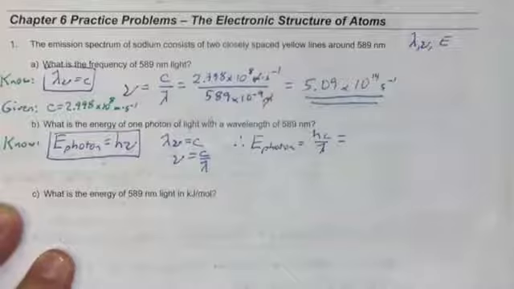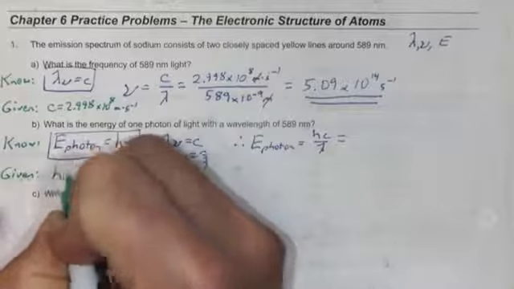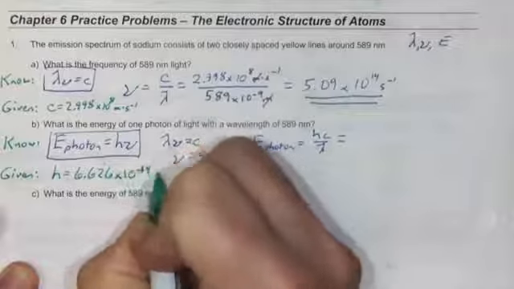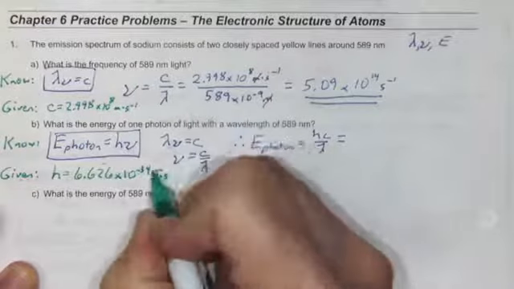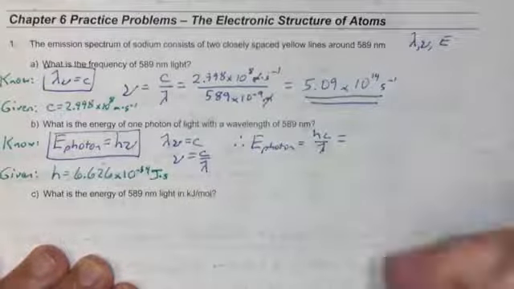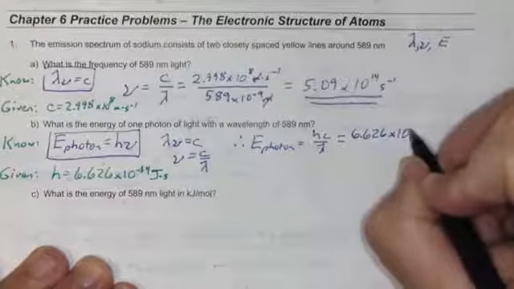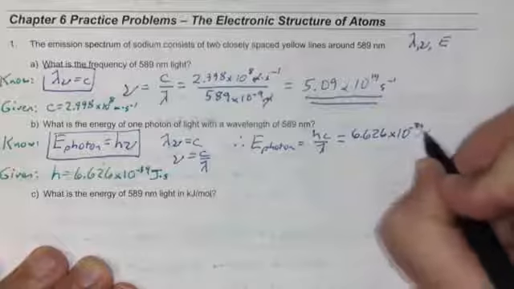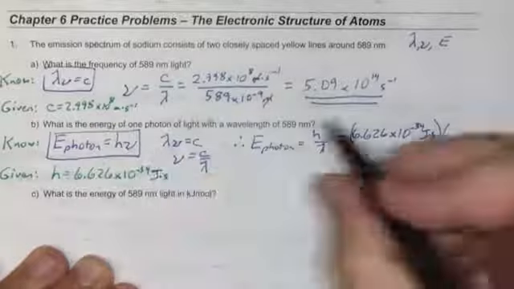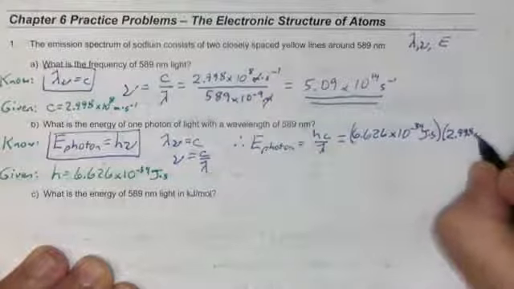Now, h is another constant that will be given. It's a very small number. We'll be given that h is equal to 6.626 times 10 to the negative 34 joule seconds. It's not joules per second, but joule times seconds, joule seconds. So we'll plug those values in. When we plug those in, h in the numerator is 6.626 times 10 to the negative 34 joule seconds times the speed of light in a vacuum, which is given on the exam, 2.998 times 10 to the 8th meters per second,